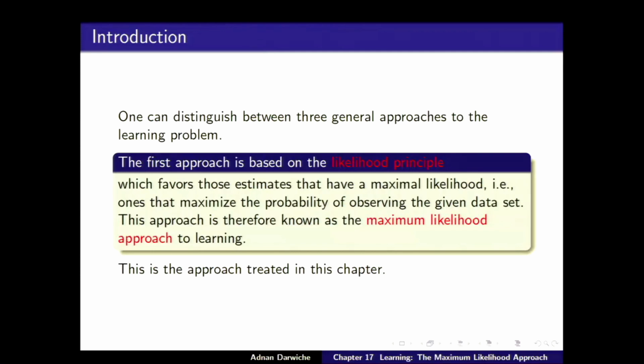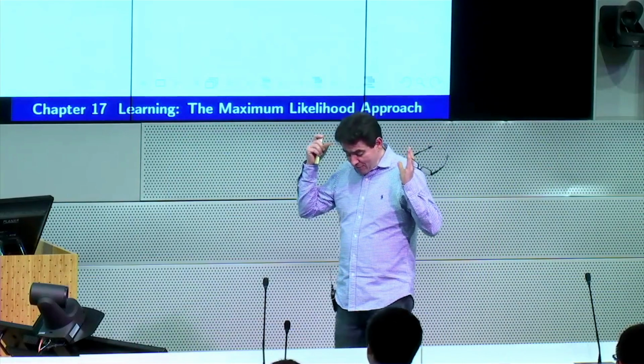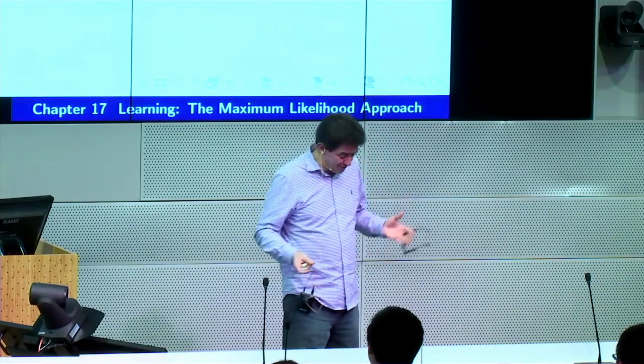Now, the principle here is to distinguish this from chapter 18, which looks at the Bayesian approach, is the following. In the likelihood or maximum likelihood approach, there's this notion of a likelihood principle which favors those estimates that have a maximal likelihood, i.e., they maximize the probability of observing the data set. So if you give me, let's say, a Bayesian network structure, and you give me a data set,